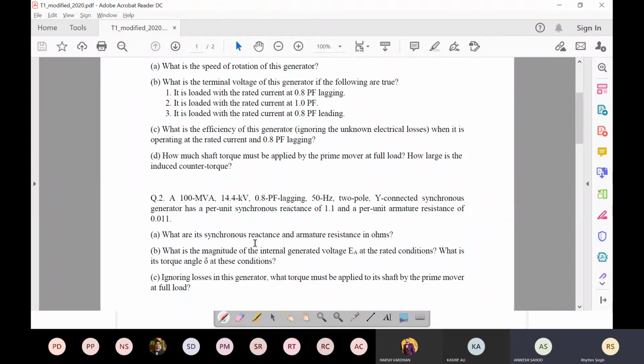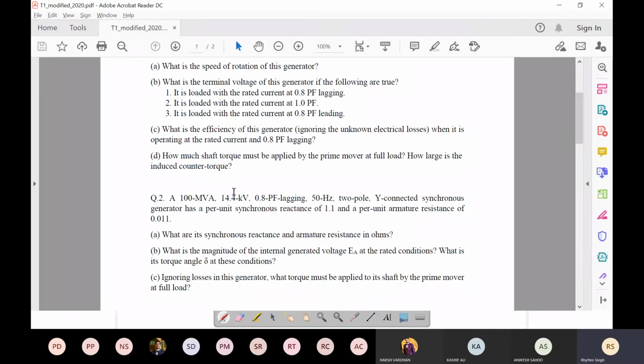It is the base. See, this is the rated power output. When it is written like this, it means that this is the rated power output of the machine. This is the rated voltage at which the machine will operate. This is the rated power factor. Everything is the rated value. It can have some variation, but this is what it is made to operate at. The design has been made for this particular voltage and power. So that is the idea.